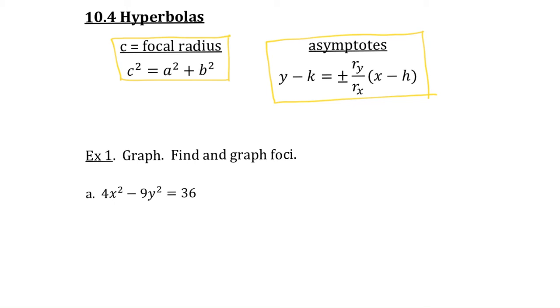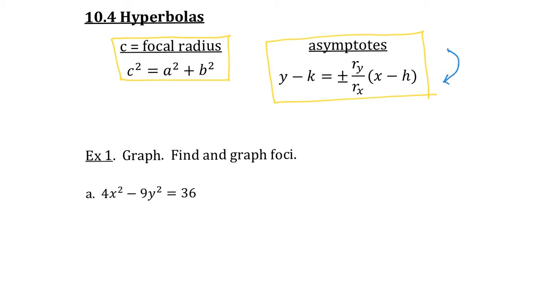In 10.4, we are going to look more at the features of hyperbolas. The focal radius is given by c squared equals a squared plus b squared, as opposed to with an ellipse where it was a subtraction sign. The focal radius has to do with the foci. The foci have to do with the formal definition of hyperbolas. We're also going to identify the equation of the asymptotes, which when you look at it with the graph,